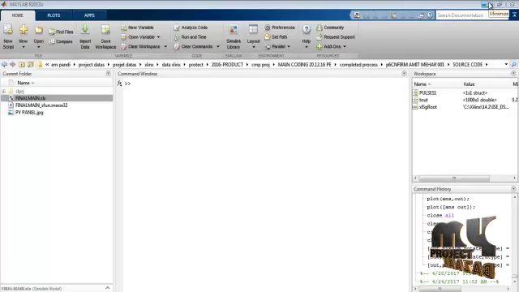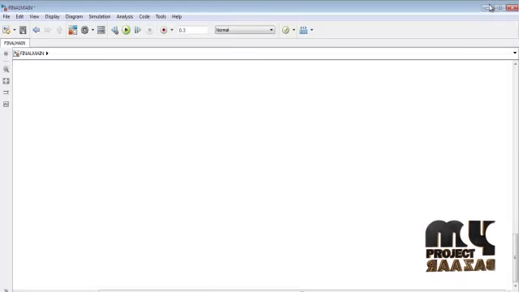Next we see the running process of our product. This proposed implementation is done in the MATLAB simulation environment. First open the MATLAB main window and create a new model file. After creating that, we arrange the elements as per the circuit diagram given in the base paper from the MATLAB Simulink Library Browser. In the Simulink Library Browser, we use two major blocks. One is the SimPowerSystems block, another one is the commonly used block. From those blocks we get the elements, and after that we arrange the elements as per the circuit diagram in the model file. After arranging that, we click the run icon, then the output will be shown in the